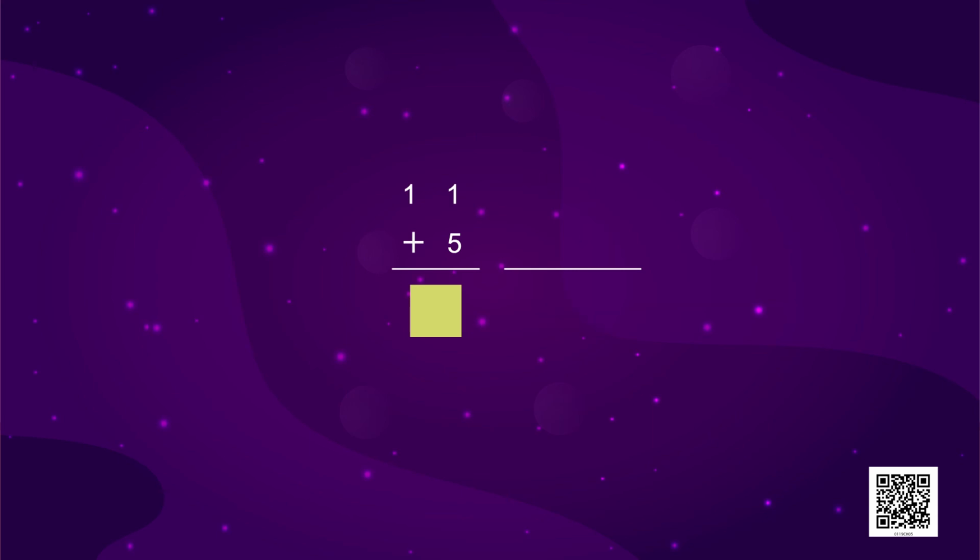Let's do it once again. 11 plus 5. For 11, we will draw 1 ten and 1 one. And for 5, 5 ones. So tell me, how many ones do we have here? 1 plus 5, that is 6 ones. And tens, that is only 1. 1 and 6. So it makes 16. So the answer is 16. Would you like to do the rest of the sums? Yes, you can do it.